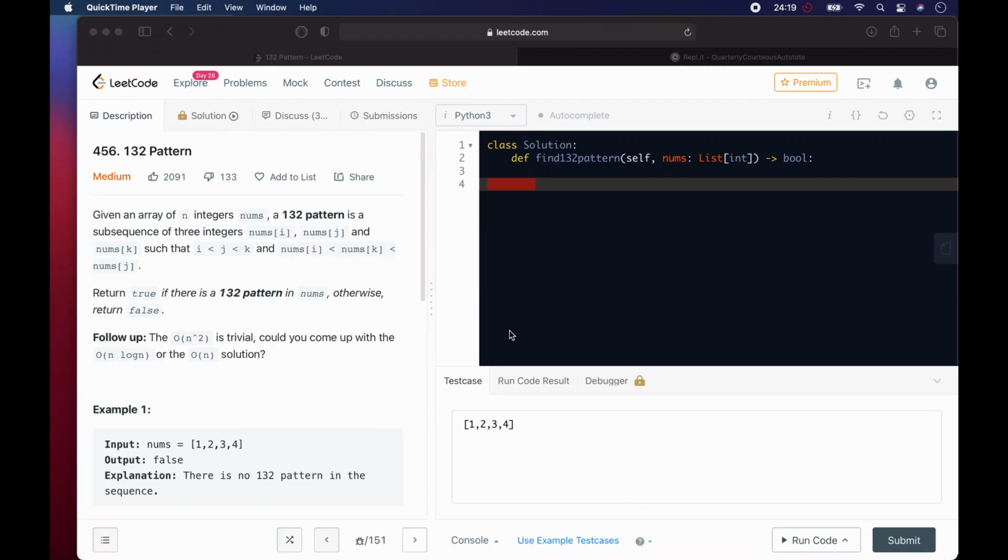This is Waga. We are going to do another Leetcode question, and the question in question is number 456, 132 pattern. So we are supposed to get the 132 pattern. In this case, the 132 pattern is where